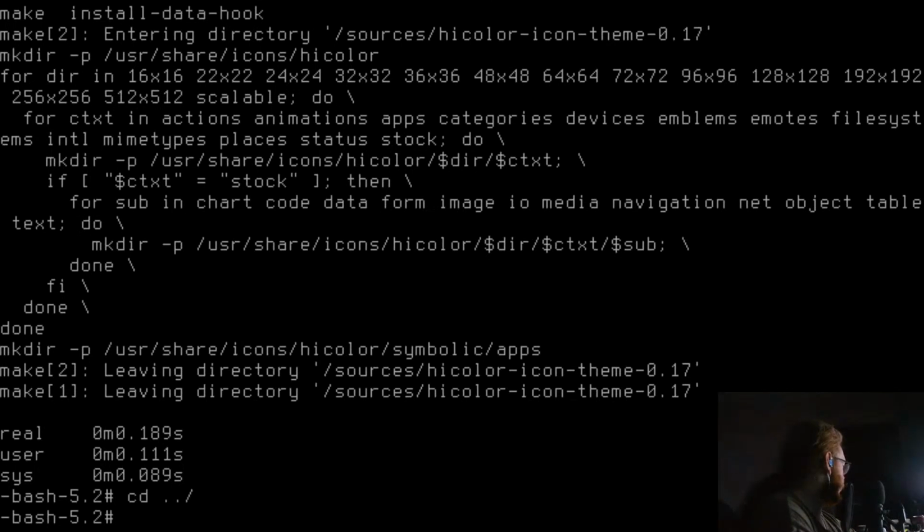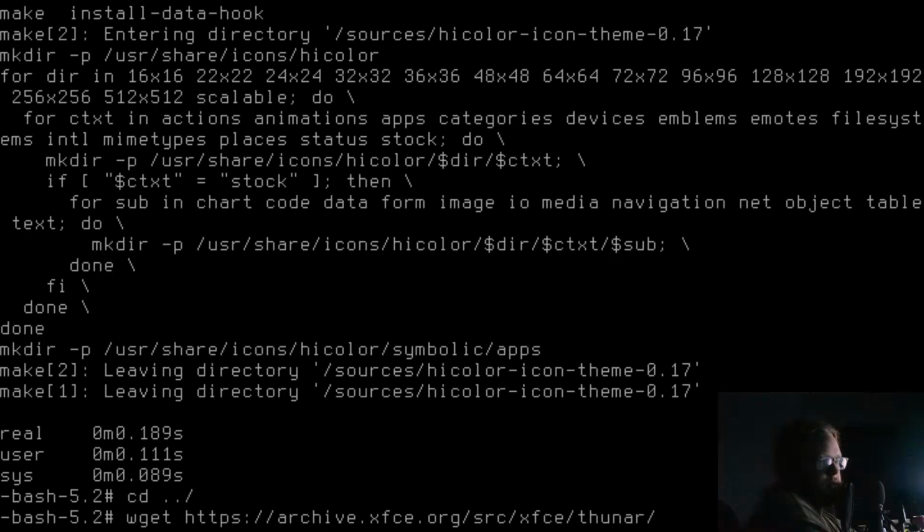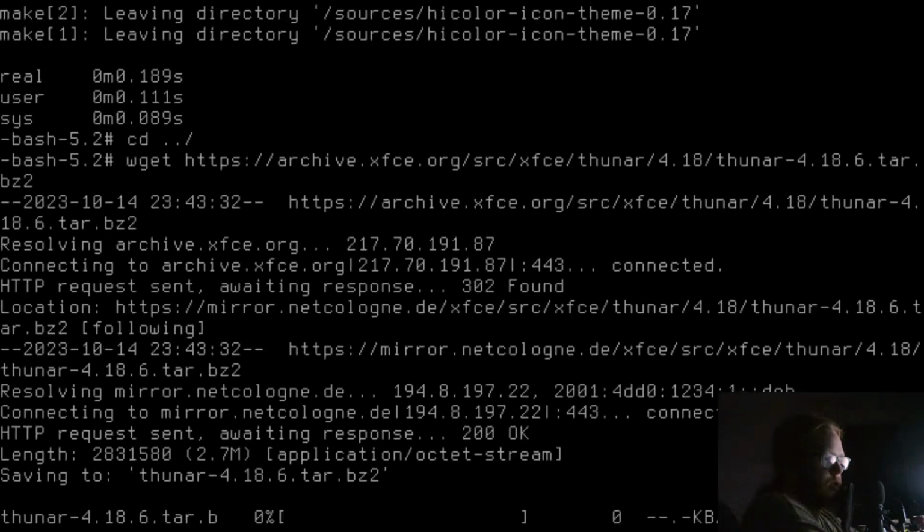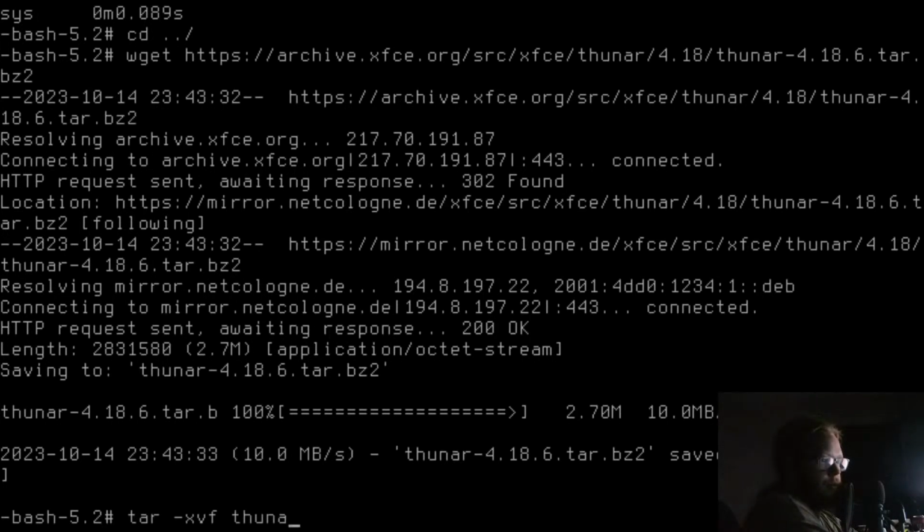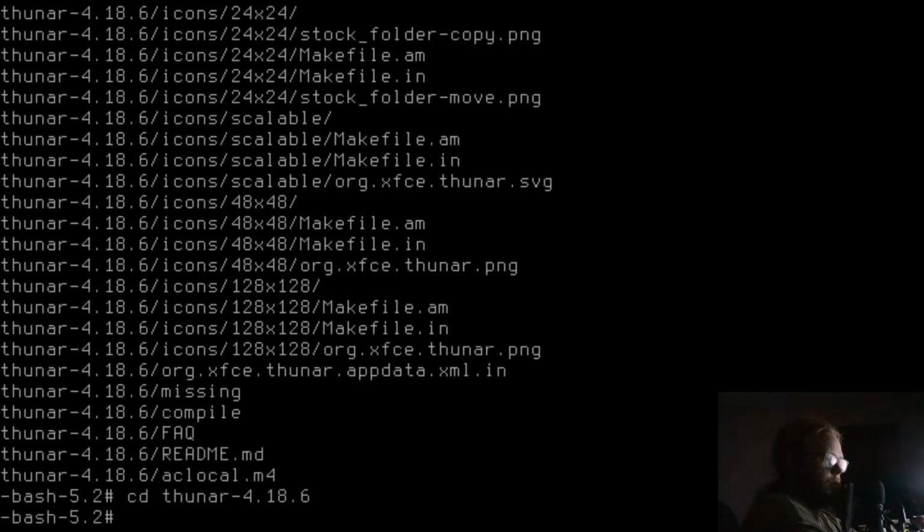Now that I've done the hicolor theme, it's time to do Thunar, which is going to be wget https://archive.xfce.org/src/xfce/thunar/4.18/thunar-4.18.6.tar.bz2, then tar -xvf thunar, cd thunar.